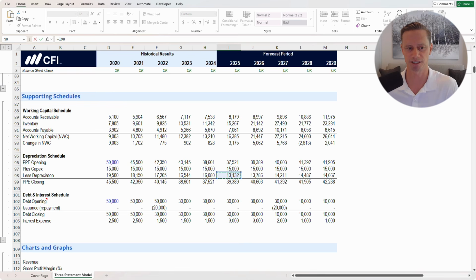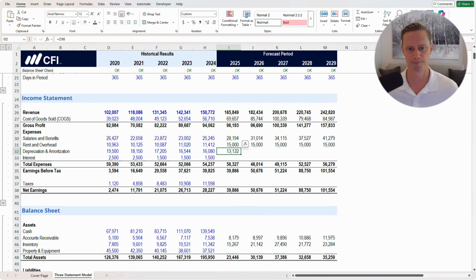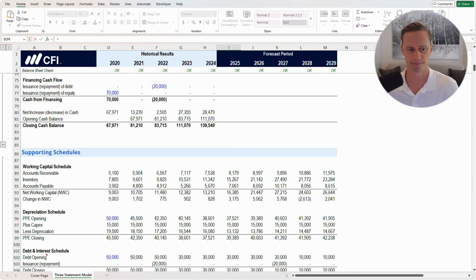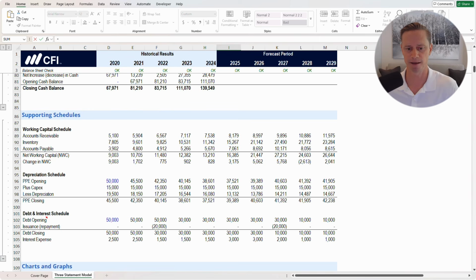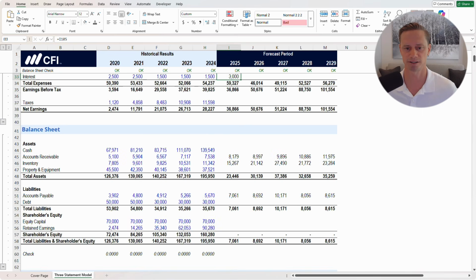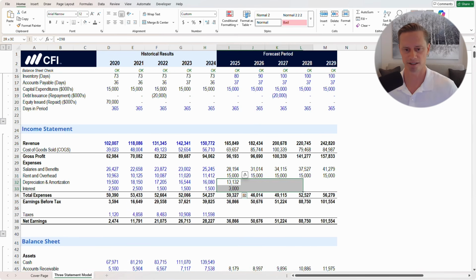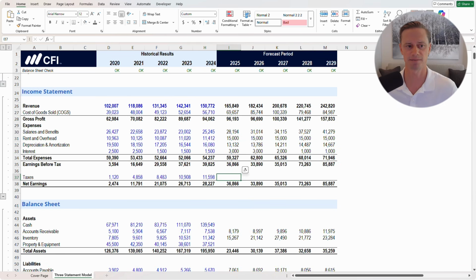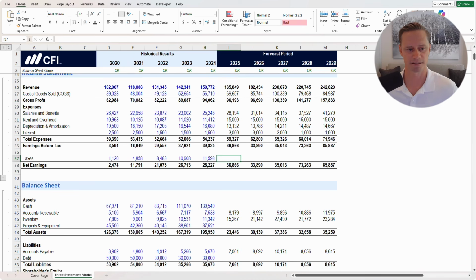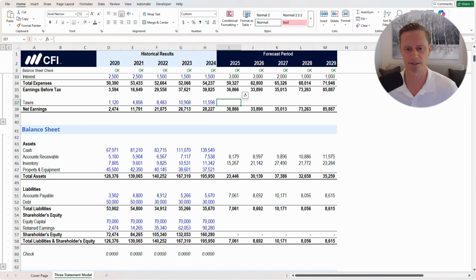So in this depreciation schedule, we calculated what D&A is going to be each year, so we link that up. We also calculated what interest is going to be in the debt schedule, so we can link that up. You'll notice that it jumps here because we had a change in assumption on interest rate. It's just to show you how the model works. Take those assumptions and fill them right. Okay, we're getting pretty close on the income statement. It just leaves taxes. We'll come back to that in a sec, but let's go down to property, plant, and